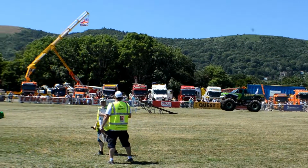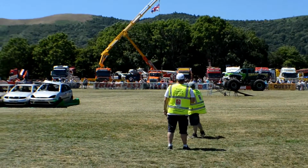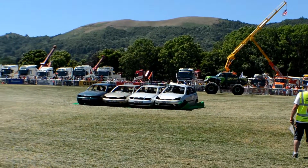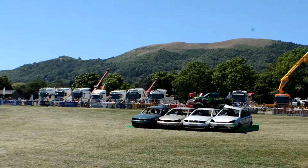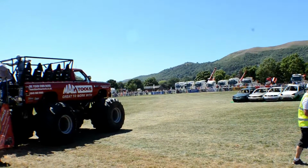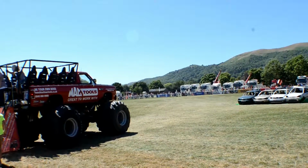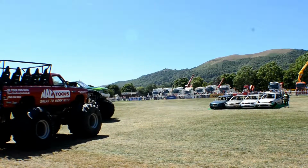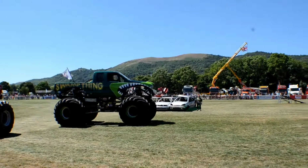Feel the horsepower? And you can guarantee these cars are not going to look like this here in a minute. Make sure you're not sitting on the barrier. Keep your legs and your arms your side of the barrier, because if something comes off this truck and comes towards you,